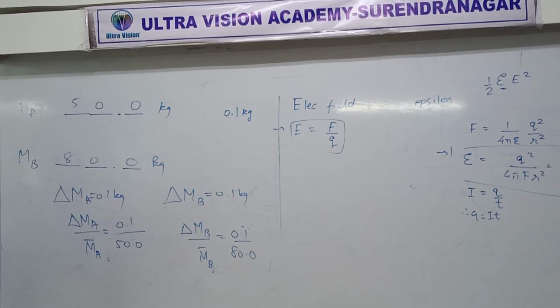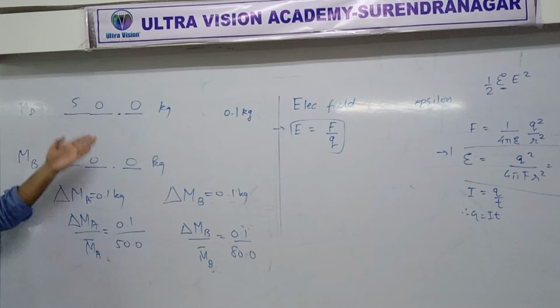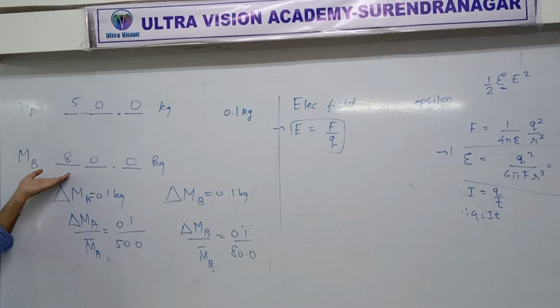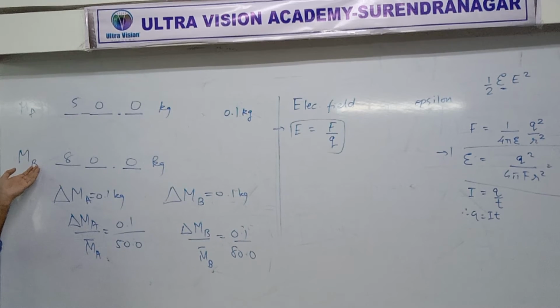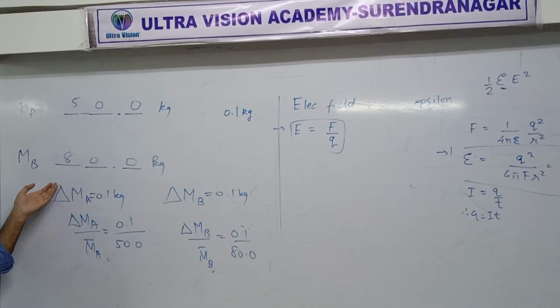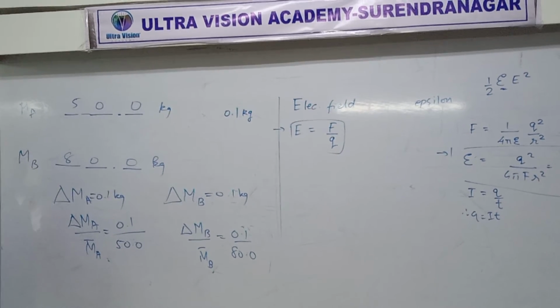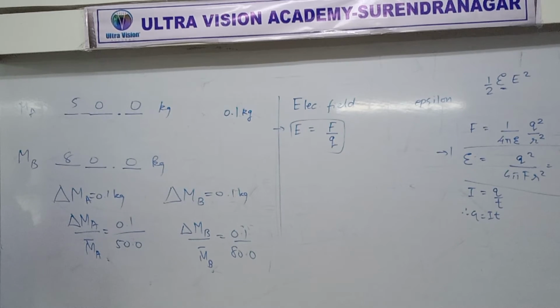Words, and you all are either feeling lazy or you're not giving proper respect to all the words. Some of you are saying MA is bigger. How on earth is 50 bigger than 80? Do you really mean to say MA is bigger than MB? Is that what you want to say? Then what do you want to say? Relative error in A is bigger than